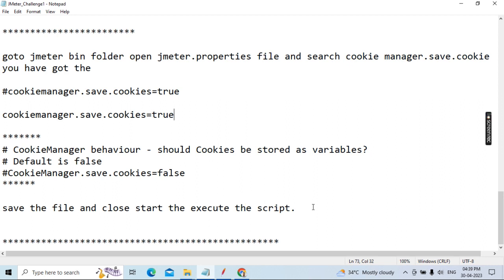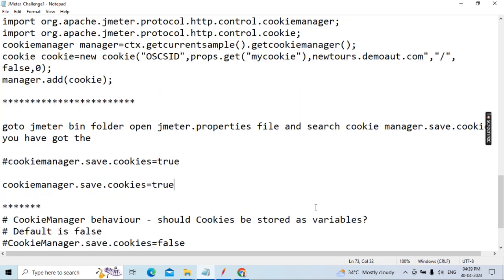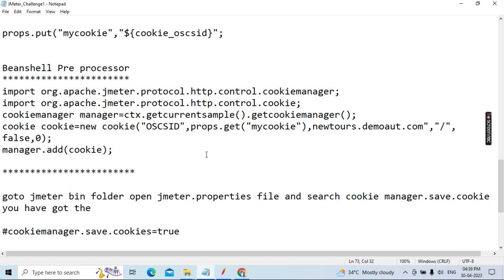This is the entire process, guys. You need to do this. I also took very much time, it failed many times, and I kept on trying and checking so many websites. After I understood how the cookie manager works and how to handle this type of situation, based on that only I was able to solve this issue. This is not complicated, but for people who work professionally in JMeter,